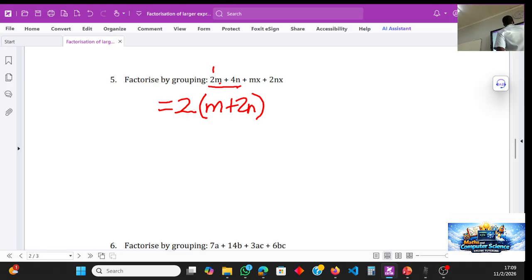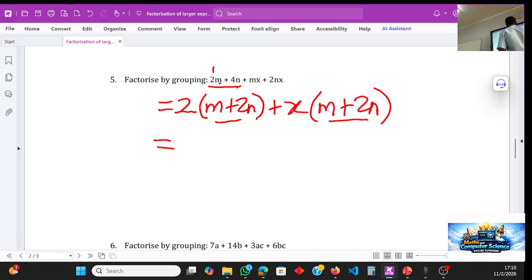I'm trying to check between these two. It looks like the common term there is only x. Then I'll open my bracket to try and divide mx by x. It will give me m plus. If I divide 2nx by x, the x's will cancel. I remain with 2n. Then the procedure says, if I inspect what's inside the brackets and I realize that it's